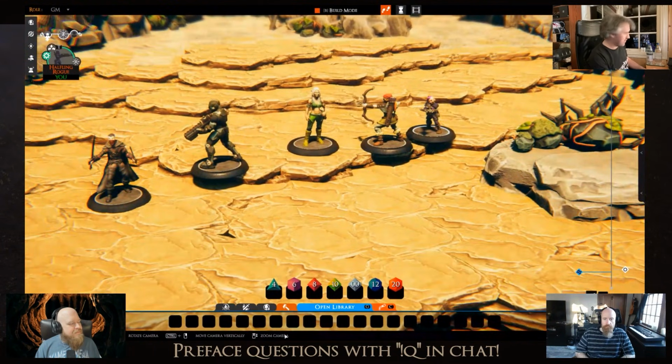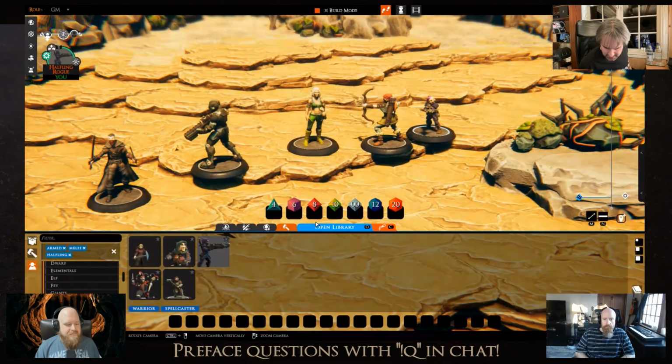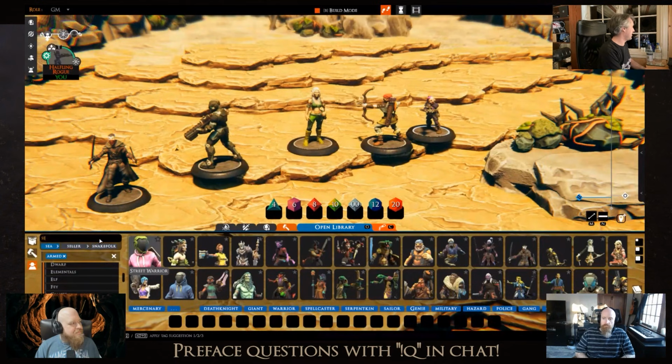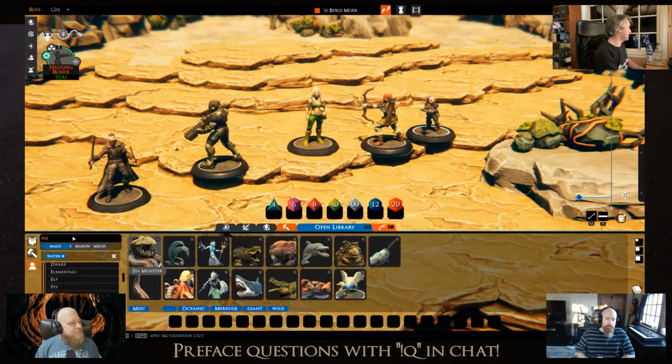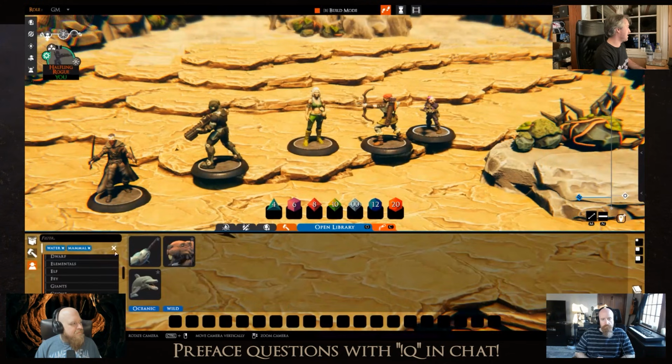So yes, let's see if I'm missing anything. Let me just check my notes. So yeah, we've got things that are often in the air, and then things that are often in water. So if I search for sea creatures, we can see that sea is a synonym that leads to water. By clicking on sea, I'm getting the water tag, and we can see things that are both in the sea and armed. Or maybe I want things that are both in the water and mammal, and we get our sea things here.